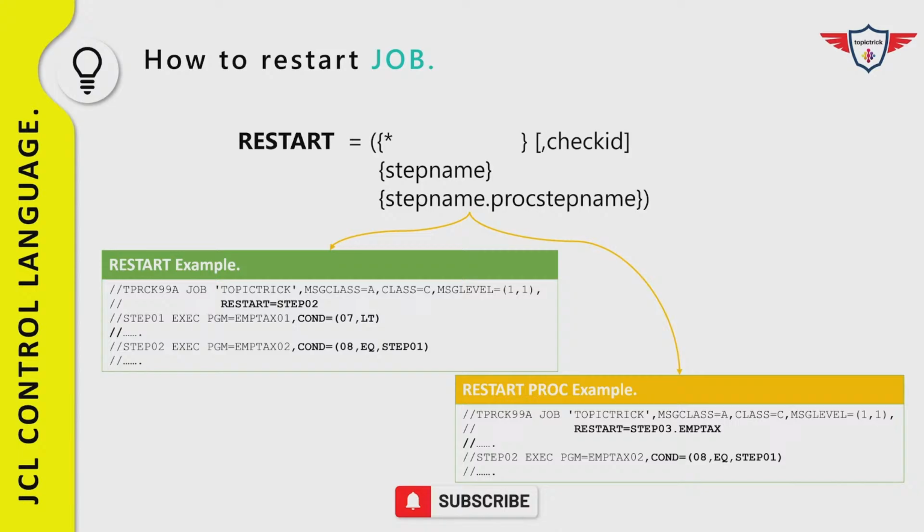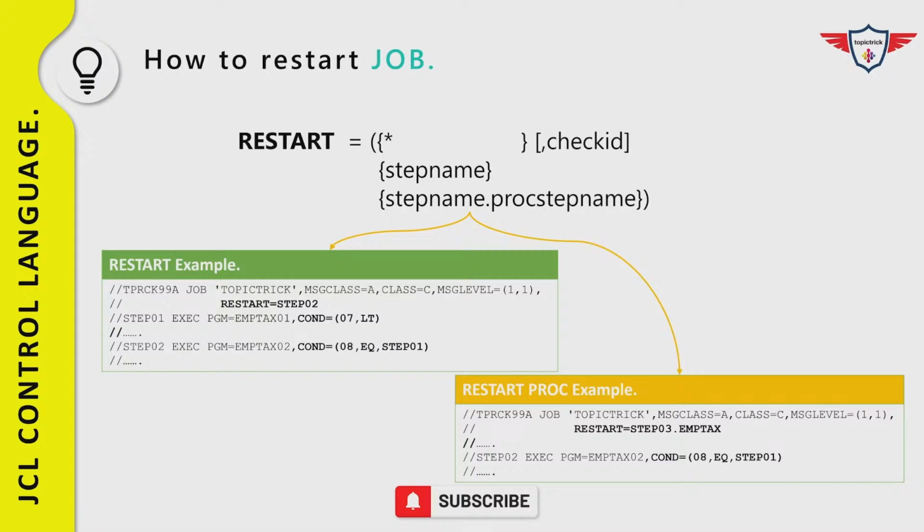Now in the following example, I've used the restart parameter to restart the job from a specific step, whether in a job or in a proc. So in the first example, I've used the restart parameter, that is the restart keyword followed by an equal sign, and after that I've specified the step name. So that is step 02. I just want to restart my job from step 2. So you need to just specify that and resubmit your job, and the job will be